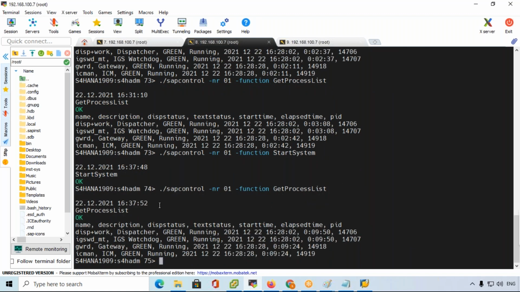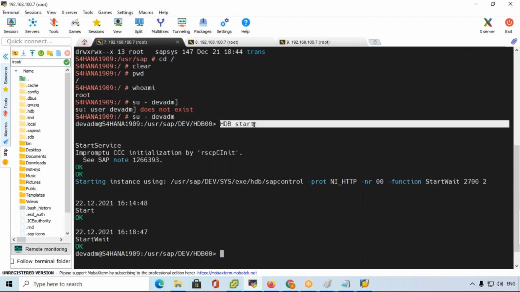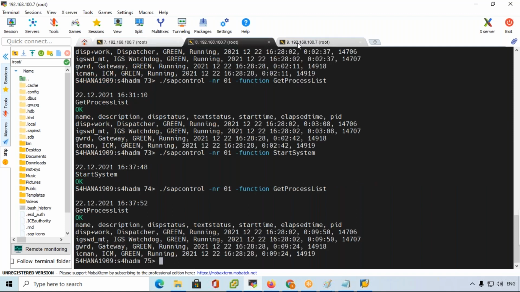But here first we need to start the HANA database. Please remember, first we need to start the HANA database, then only SAP. Without starting the HANA database, SAP will not start. So first we start the database, then only SAP.